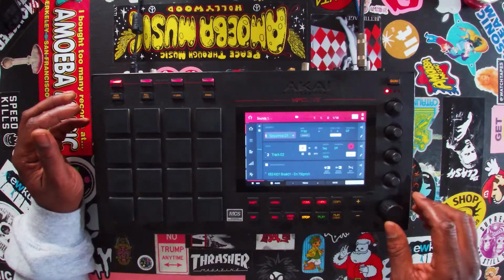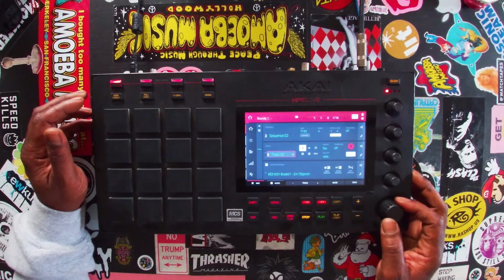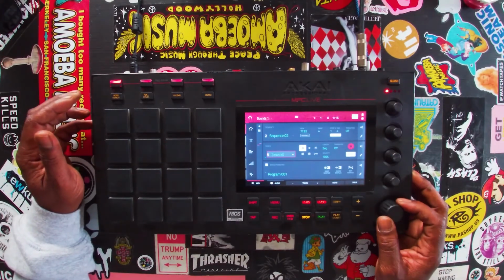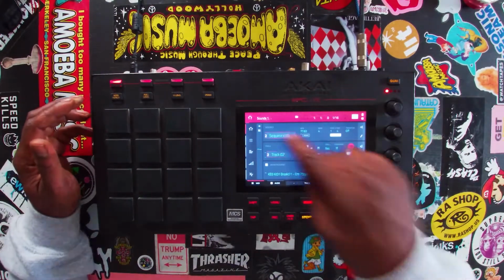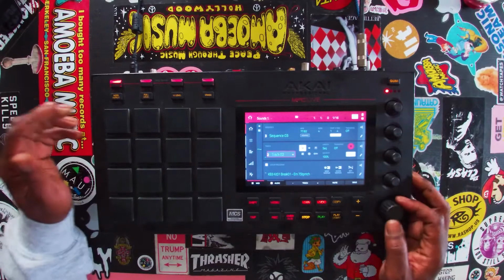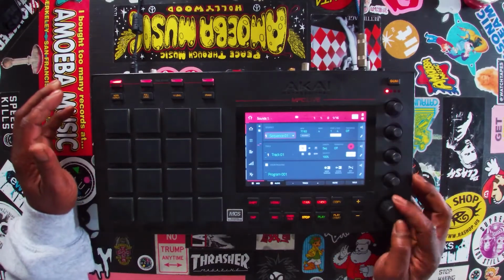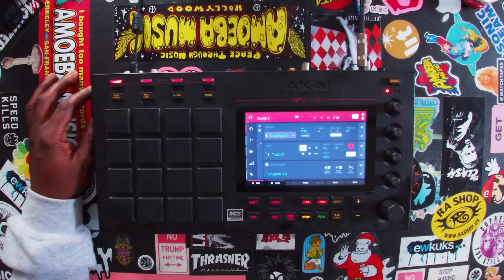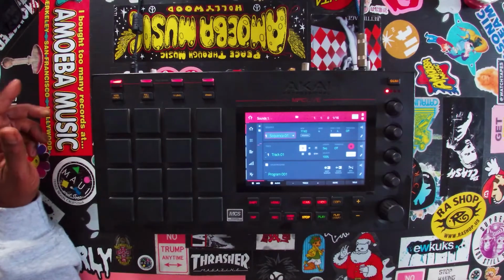Oh no, sorry about that. Let me come off of solo here. Go to the second sequence, which has another part of the break. And that's where the turnaround comes in. And then the third sequence, which has everything all together in it. So what we're going to do now is I'm going to play all of the sounds. I'm going to go through the sequences so you can hear how I put the whole thing together